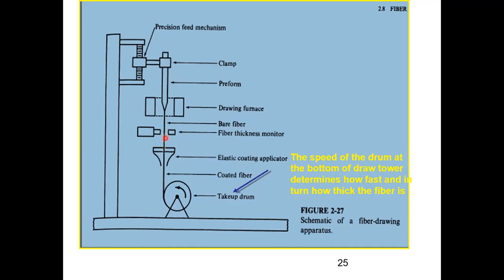So, जब यहाँ से हम thickness monitor कर रहे हैं, suppose you are manufacturing a batch of single mode fiber. Here we have nothing in our control. So what we have in our control is the speed of the drum.